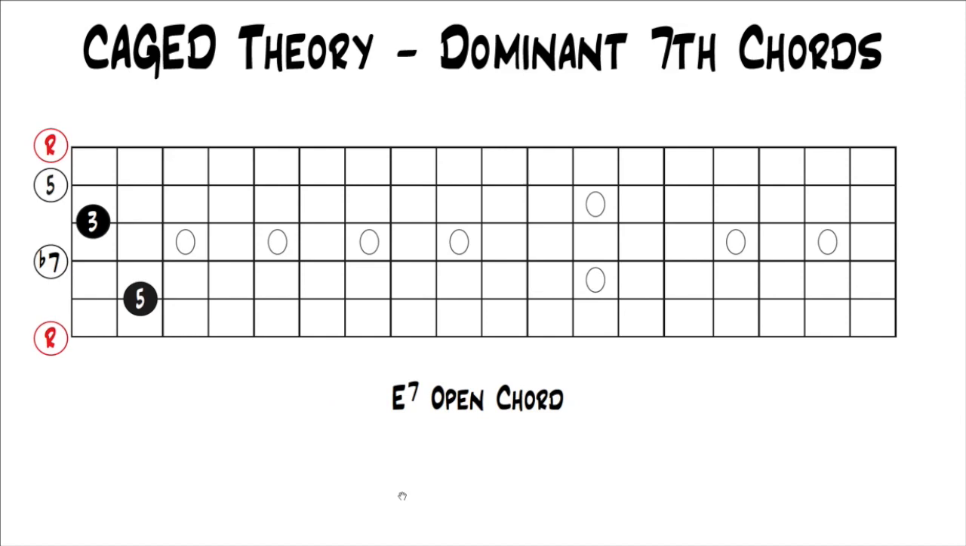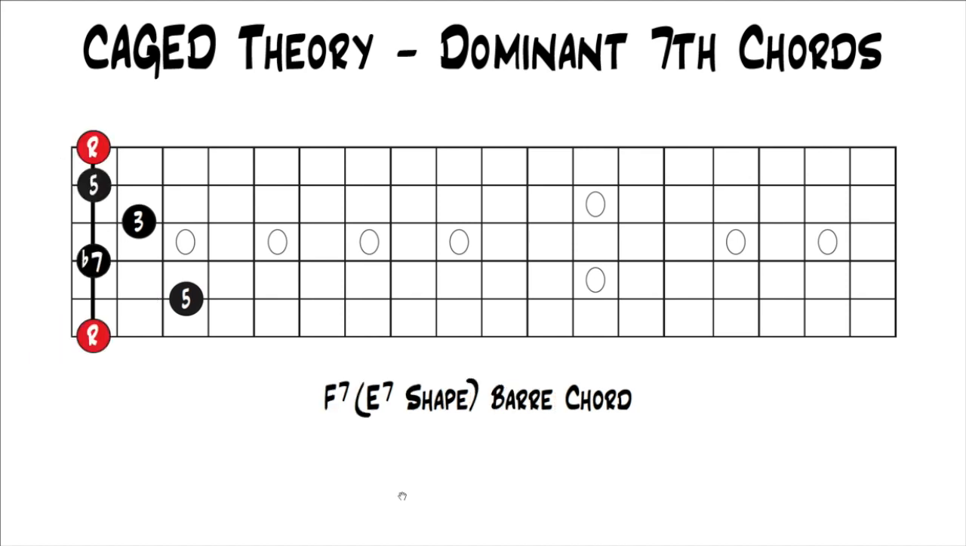So now we're on to the E chord. Since we've gone C, A, G, now we're on E, and we're looking at an E7 open chord. Again, this is a very common E7 open chord used all the time, so definitely learn it if you don't know it. We can move this up half a step, and now we would get an F7 bar chord using